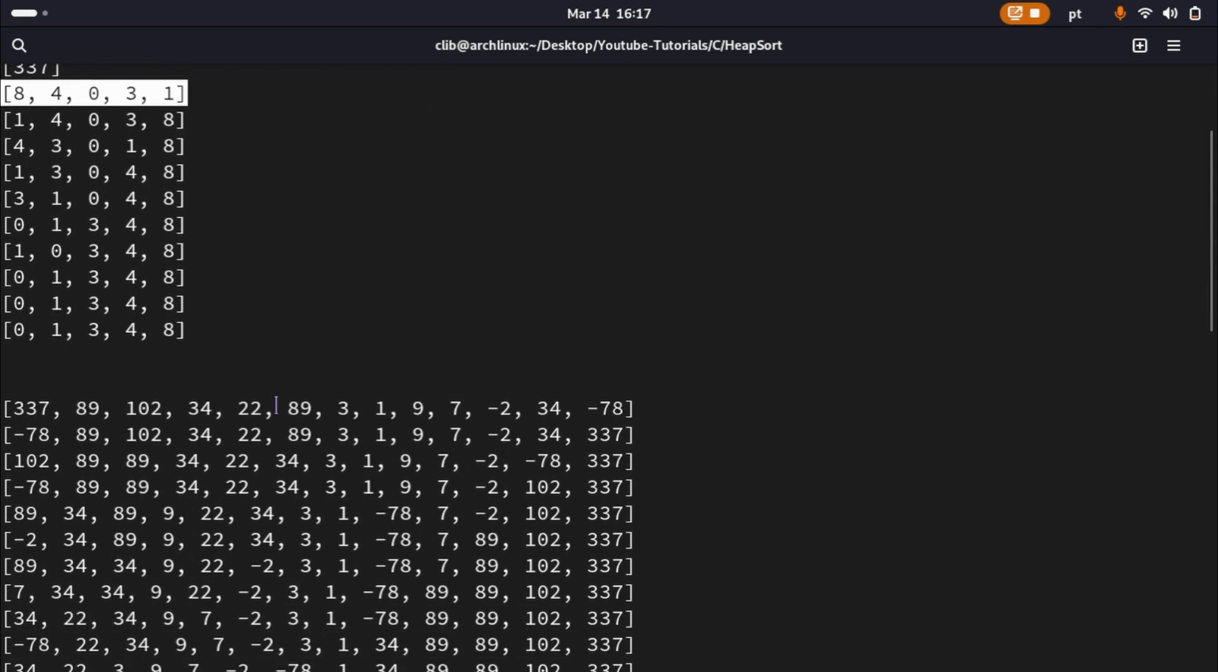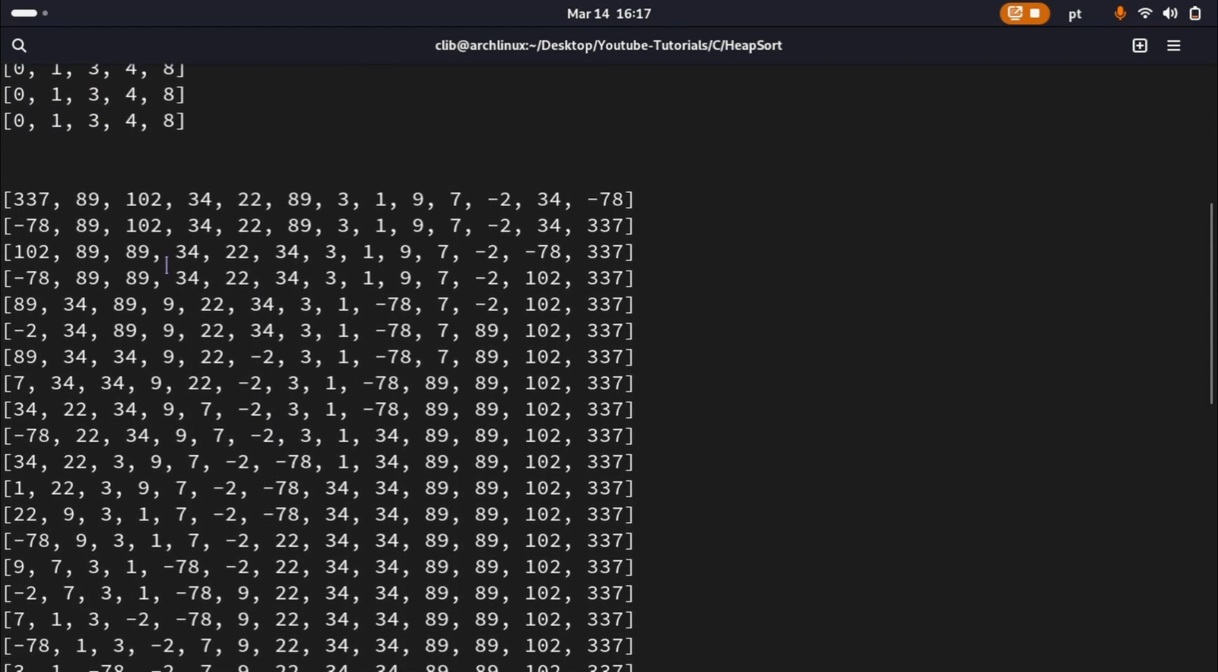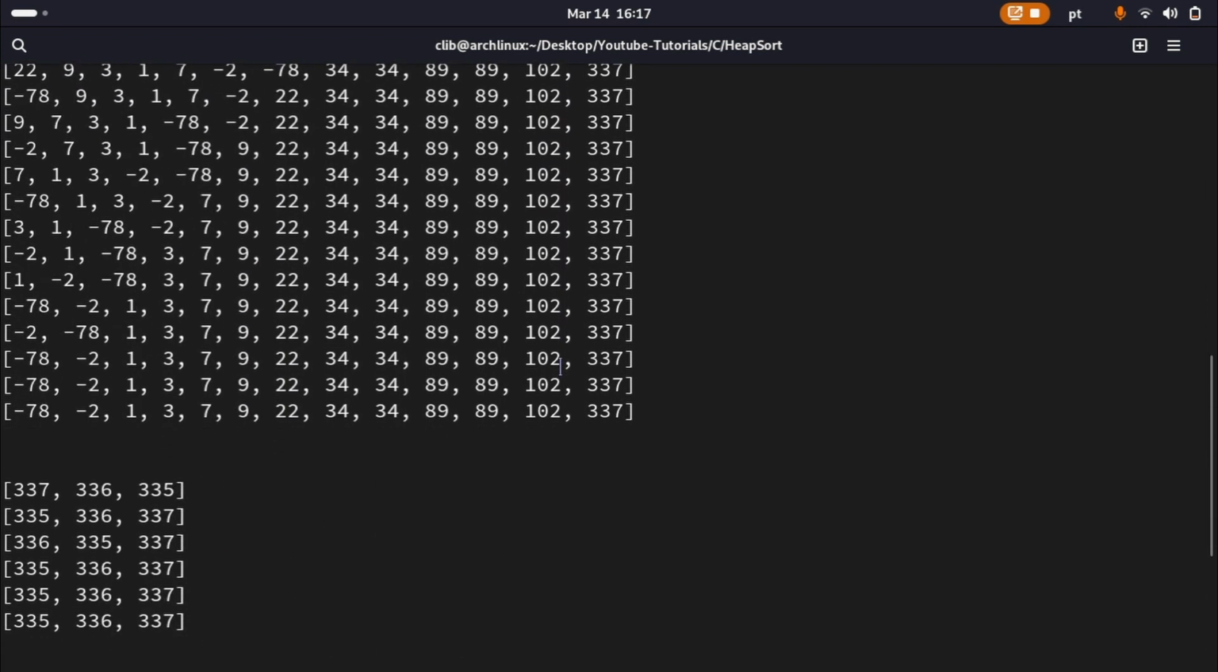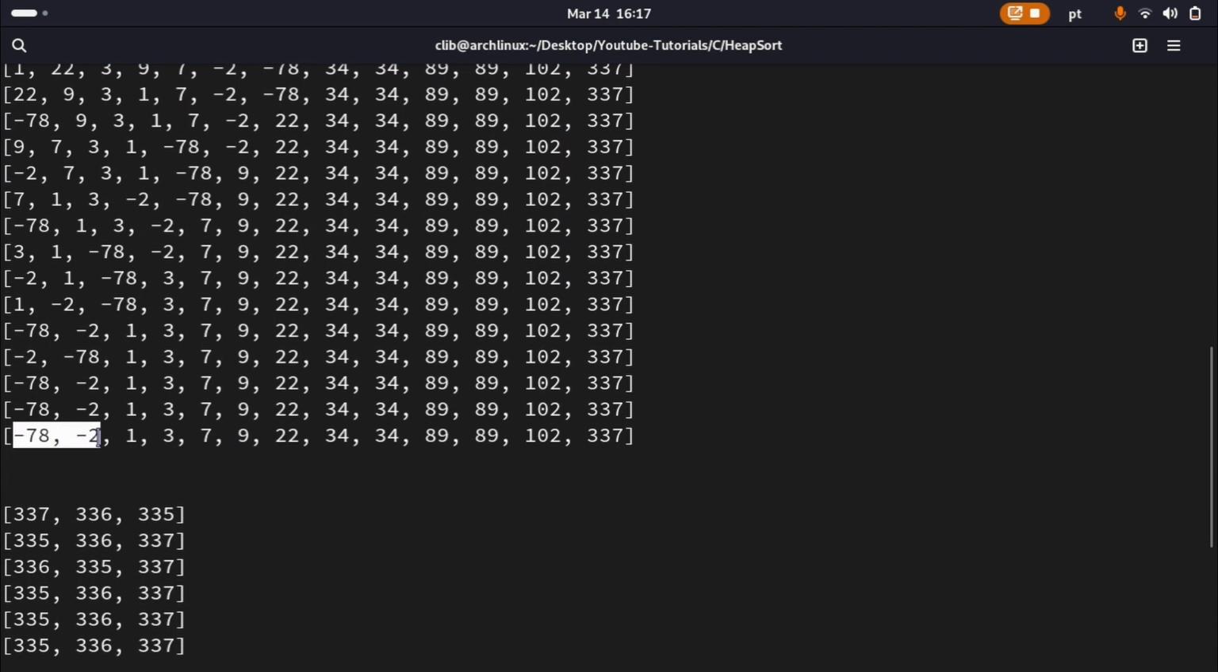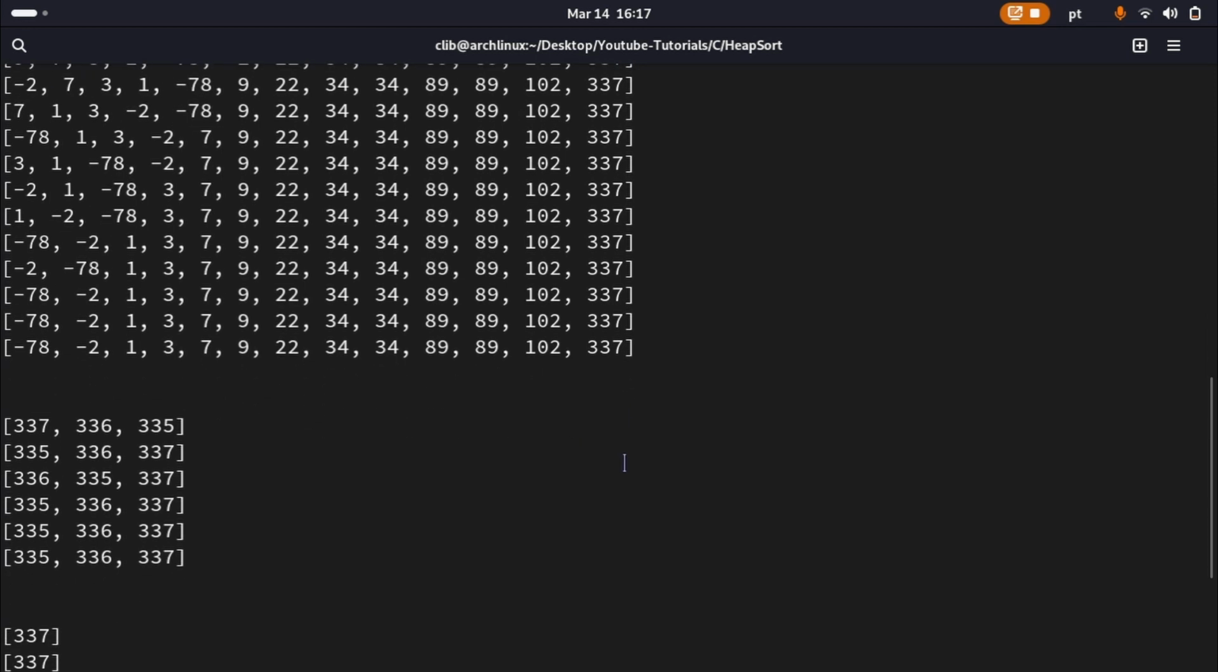You can take a look here at the other examples, at the other arrays. This array is really big, that's why it has so many prints. But at the end, it will be sorted: -78, -2, 1, 3, 7, 9, 22, 34, 34, 89, 89, 102, and 337. And the already sorted array,